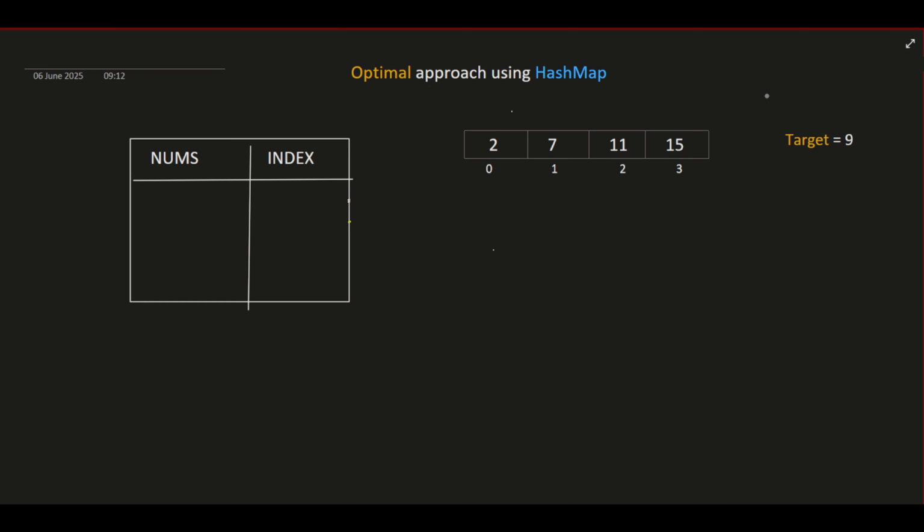In the previous video, we discussed the brute force approach to solve the two-sum problem, but as we saw, it is not efficient, especially for large inputs, since it runs in big O of n square time. So, in this video, let's explore the optimal solution using HashMap, which brings the time complexity down to big O of